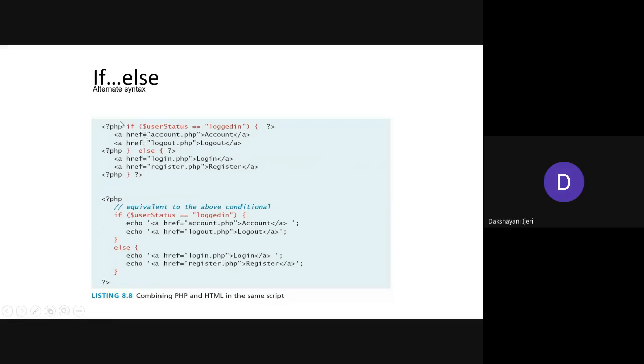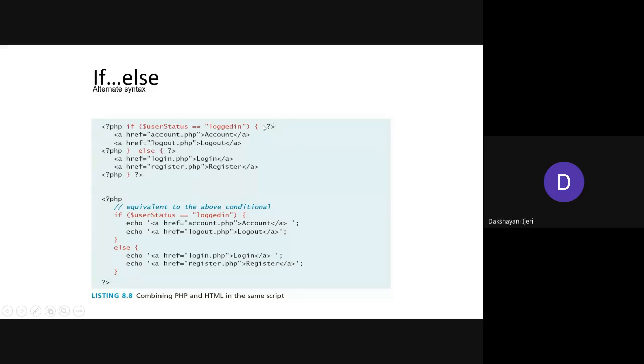Right. In the first case, as you can see here, when you want to begin the PHP section of the coding, the notation used is the less than symbol followed by the question mark and php. All right. Begin writing the PHP statements, whatever you want to include here. The if condition is a part of the PHP, and the beginning of the curly brace is also part of the PHP here, right? If you feel that the part of the PHP is completed, just close that PHP part. Following that, what we are interested in is, if this condition is true, you want to execute the HTML part of the code directly.